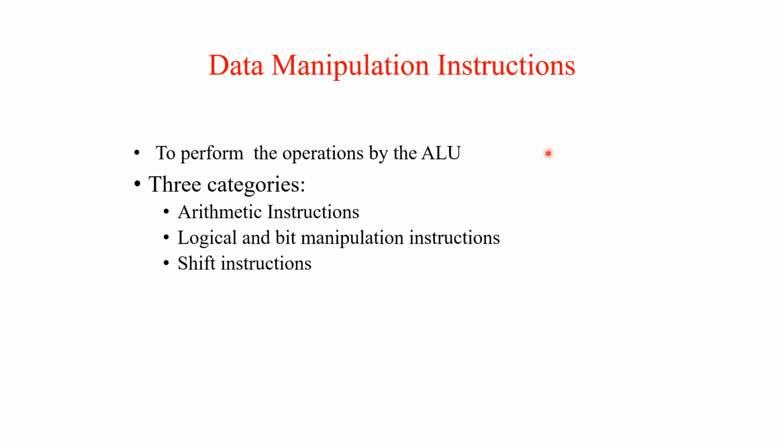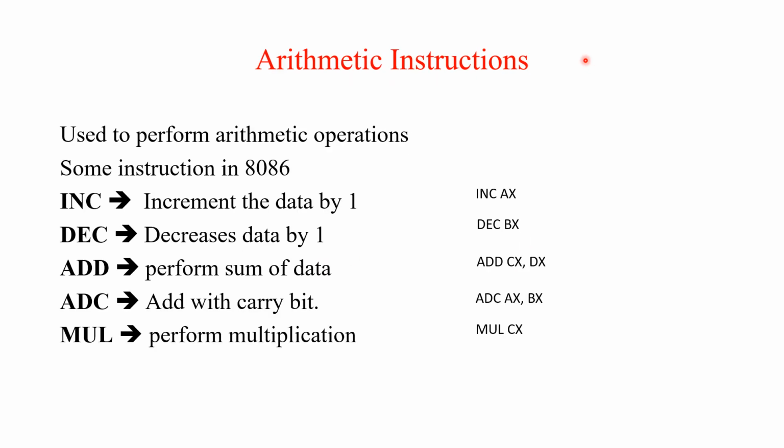The arithmetic and logic unit in the microprocessor handles all data processing tasks. It performs operations in three categories: arithmetic instructions, logical and bit manipulation instructions, and shift instructions. Arithmetic operations are fundamental to processing data in a microprocessor. The 8086 microprocessor includes several instructions to perform these operations efficiently. Key arithmetic instructions in 8086 are